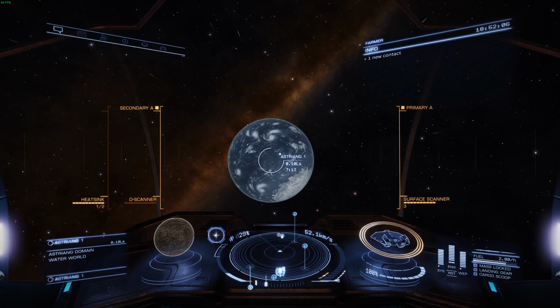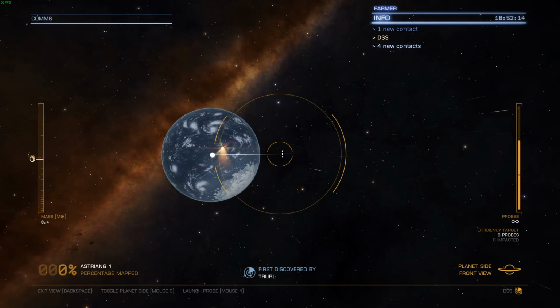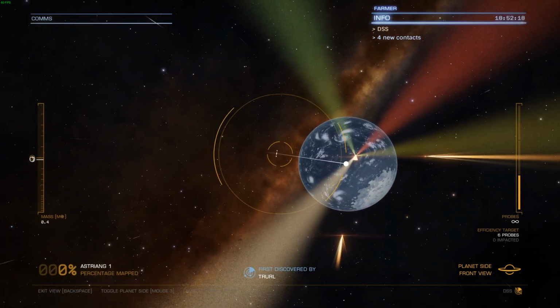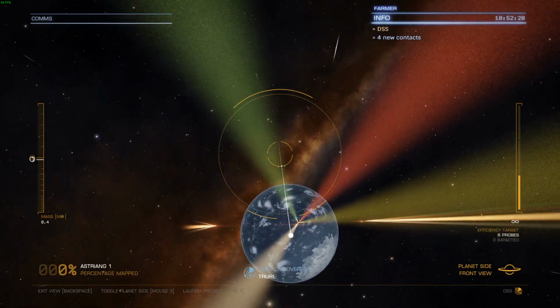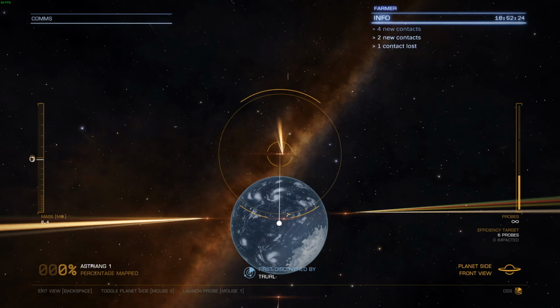And then for me, that's going to be mouse number 1. Efficiency target is 6 probes, so 1, 2, 3. You don't have to be super good about this. 4, 5, and then